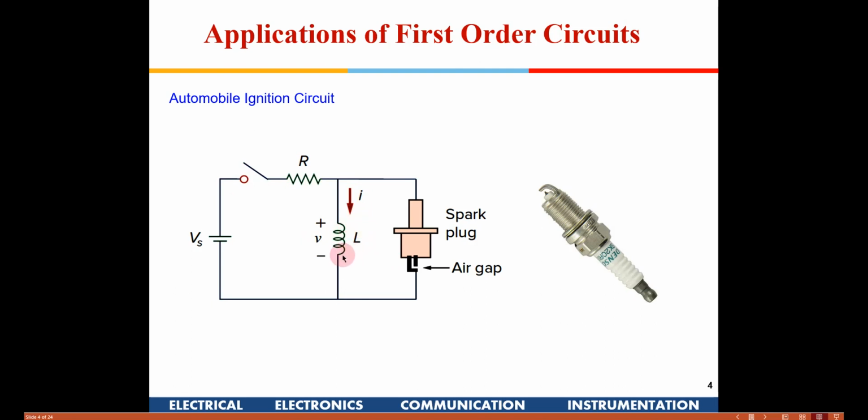so like we discussed in the last class, this is going to generate a very high voltage, and a spark plug is there. It causes the spark to jump across these two terminals of the spark plug, because a very high voltage will be generated across the inductor. So that is applied across these two terminals, and then you will have a spark, and the stored energy gets dissipated here as a spark.